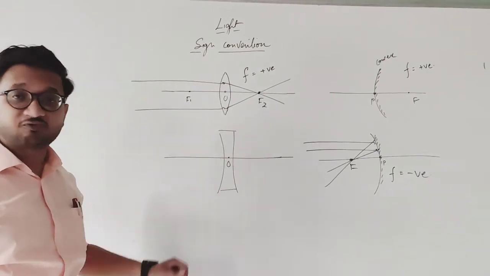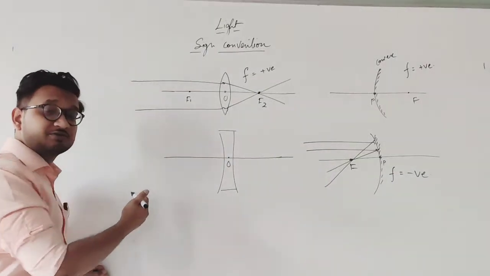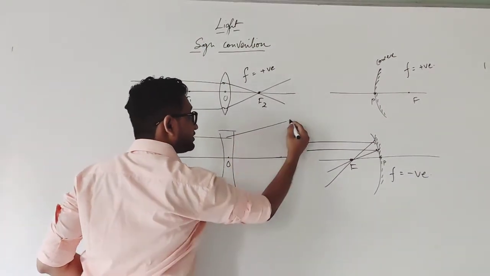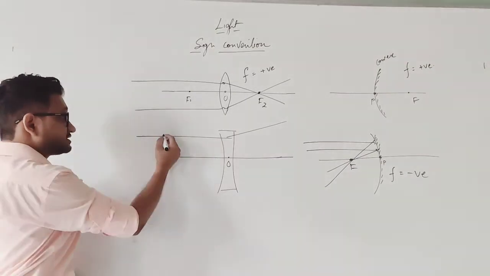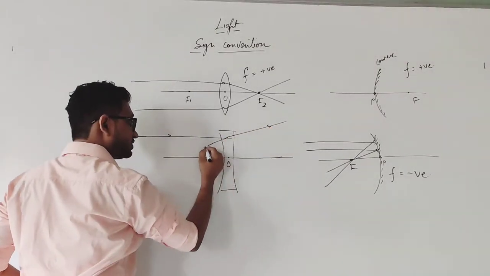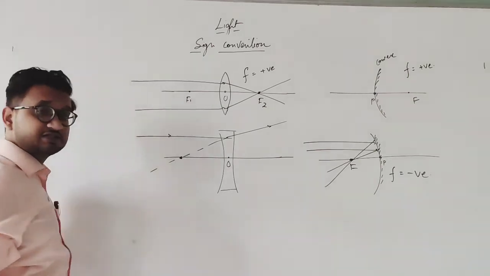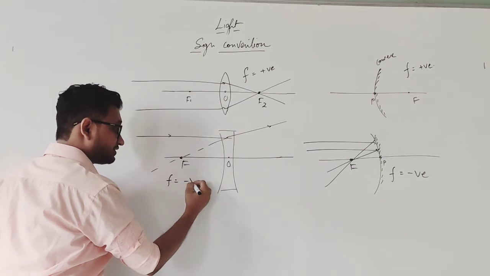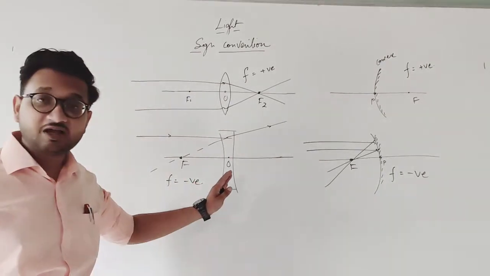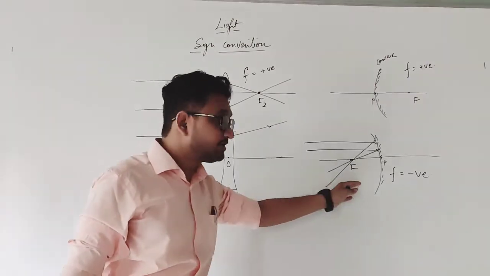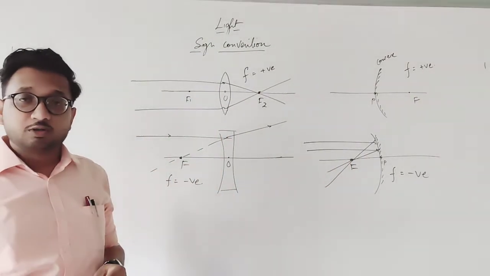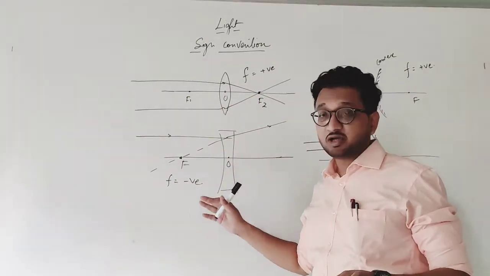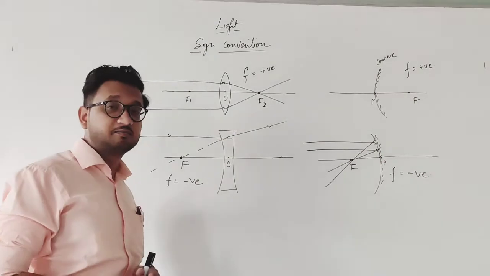The same thing is true for the optical center and the focus point of the concave lens as well. Even though it is a diverging lens, when the rays of light diverge, we take the virtual ray of light on the principal axis, and then we get a focus point over here. Once again the focal length is negative because it is on the left hand side of the optical center, similar to the left hand side of the pole. So these are the similarities of concave and convex lenses and mirrors.